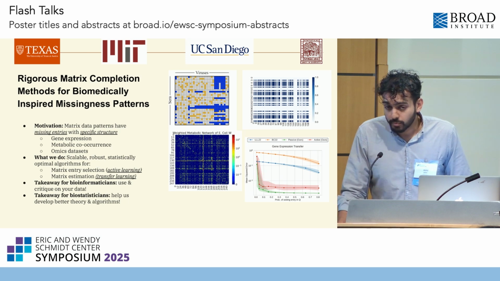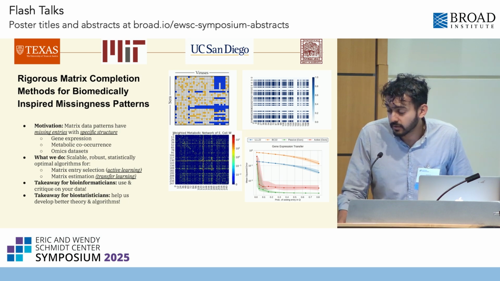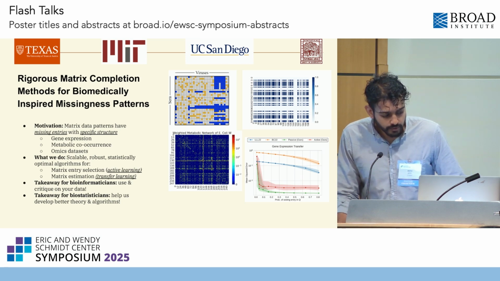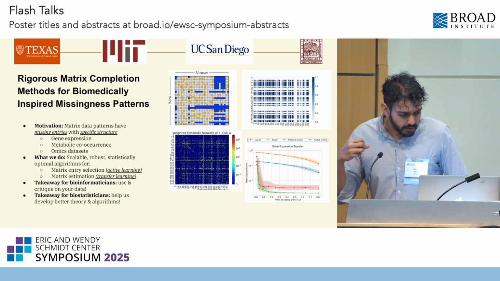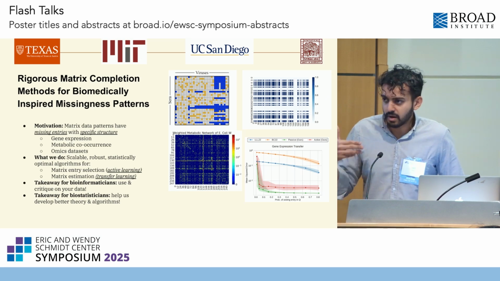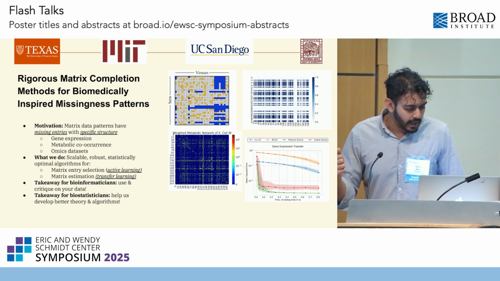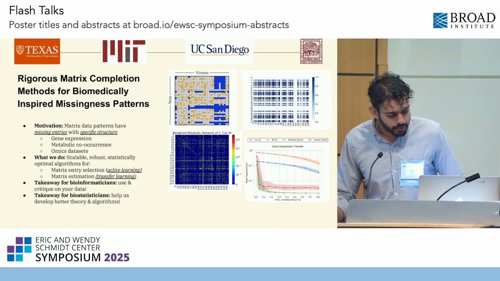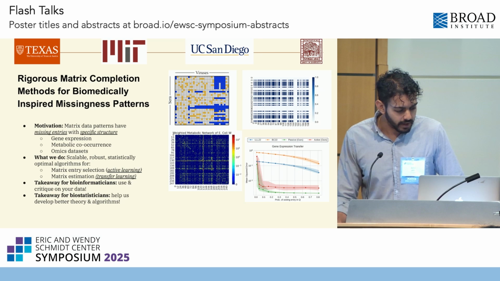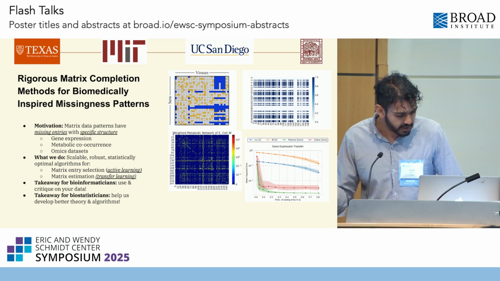In one sentence, what we do is combine transfer and active learning in a statistically optimal way for these kinds of problems. More precisely, we have a scalable and robust algorithm which both tells you what matrix entries to select, so this is an experimental design or agentic component, and how to estimate given limited data, which is the transfer learning component. So for bioinformaticians, the takeaway is that you should in fact use and critique these models on your